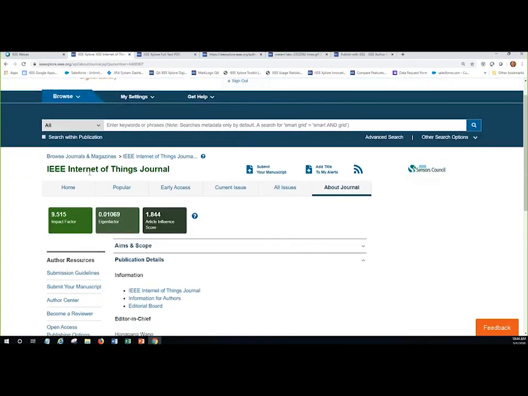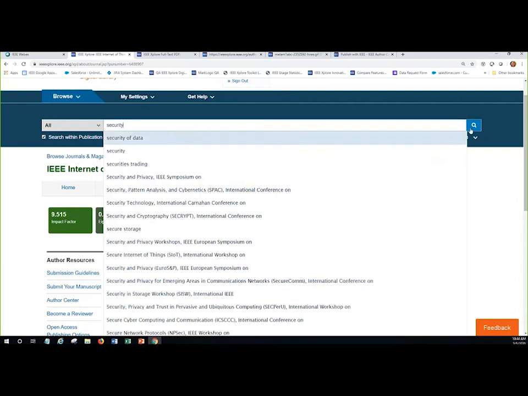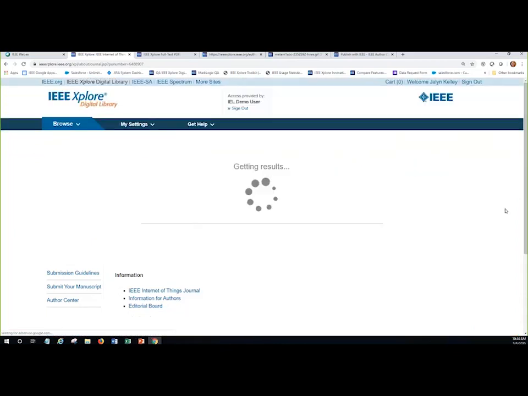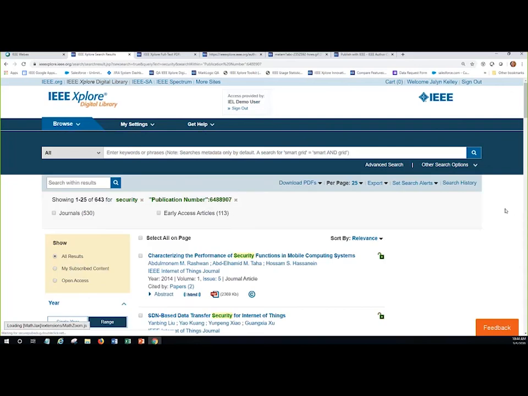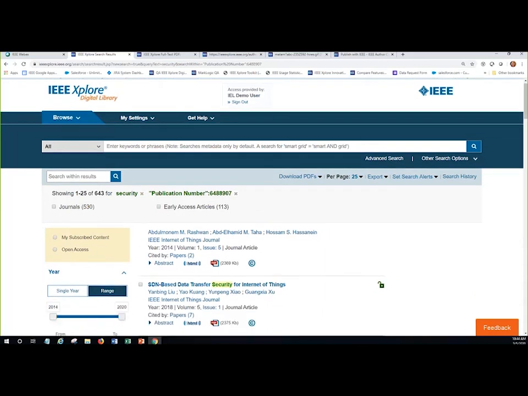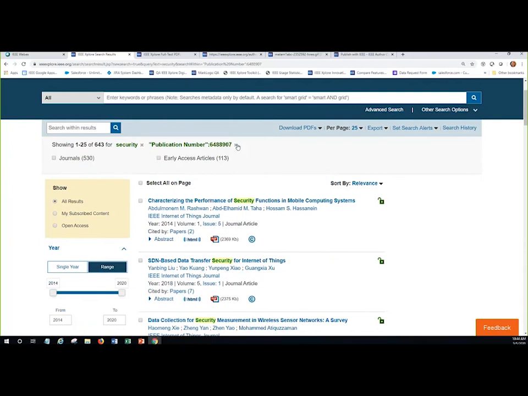And if you're ever trying to search just within one IEEE publication, the easiest way to do that, in my opinion, is to come to the journal homepage for that particular publication and then click Search Within Publication and enter your search terms up here, because this will allow you to just do a search across all years of that particular journal or magazine. And it just makes it really easy because you don't have to make sure you get the name just right in the publication title field, etc. And then if you want, you can actually remove that publication to broaden out and search across all the content in Xplore as well.